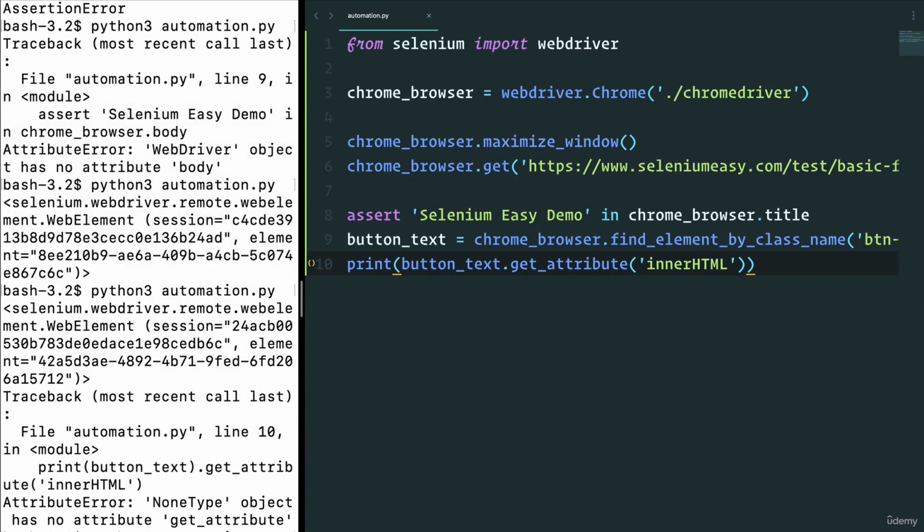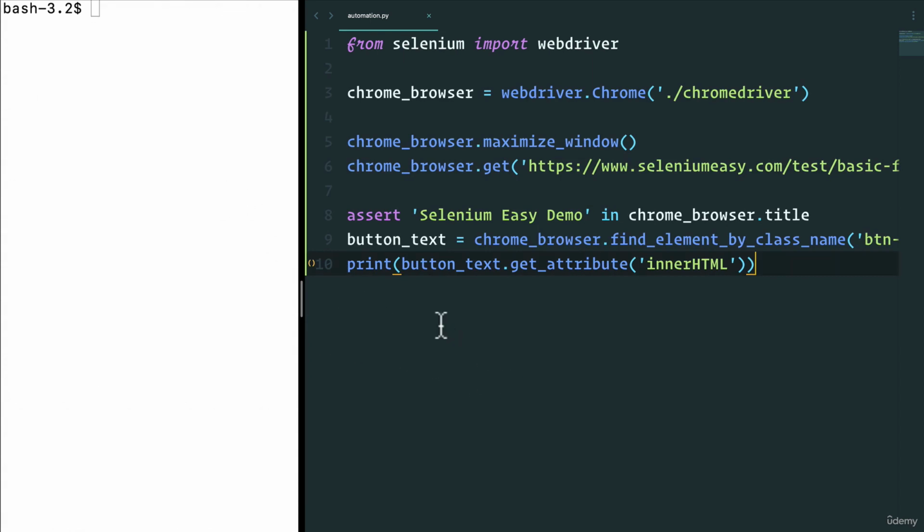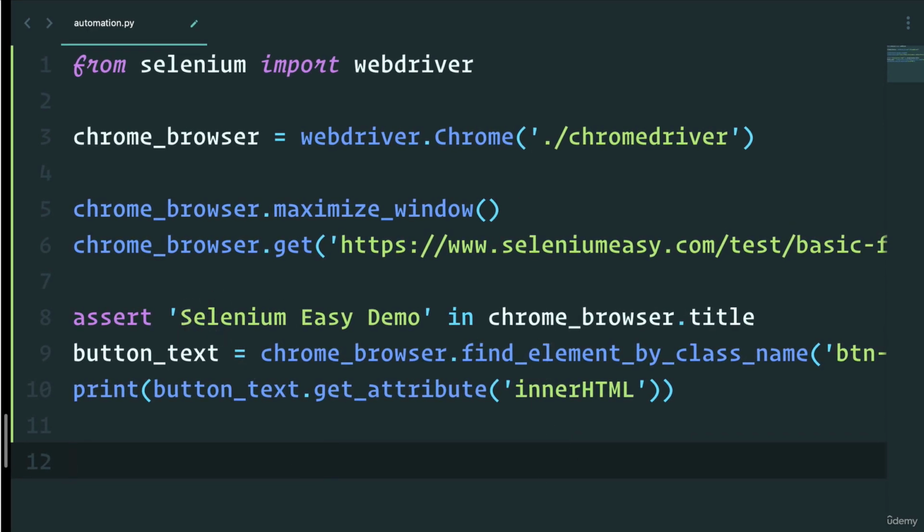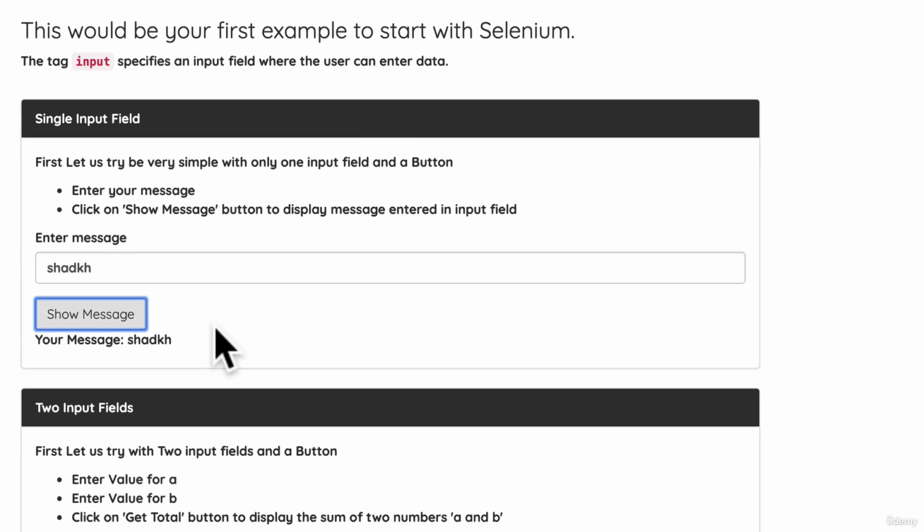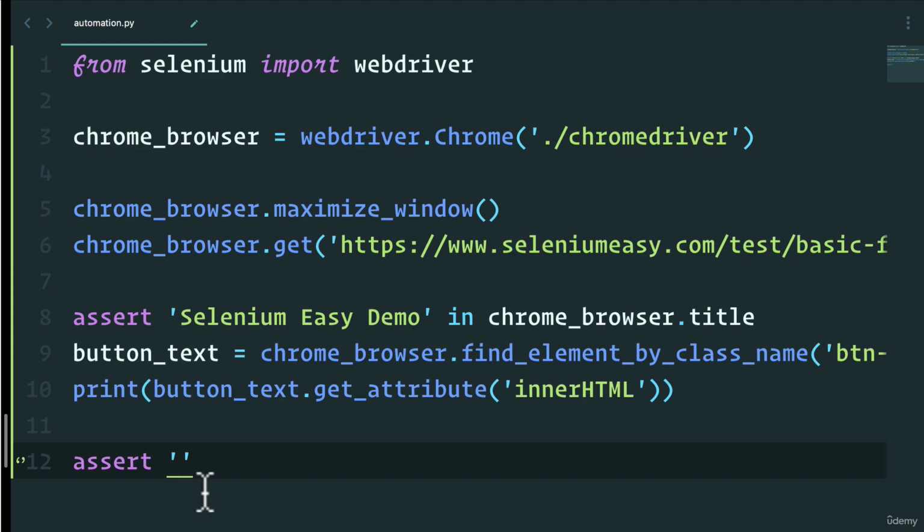Well, let me clear this first, just so we have a clean palette, and start with a few things. The first thing I like to do when working with Selenium is to make sure that as we progress through the code, we're doing things correctly by using these assert commands. So I can say assert, and we want to assert that this button text, which is show message, actually